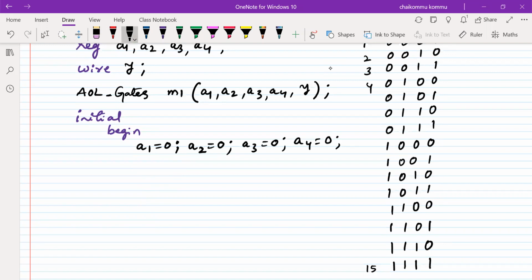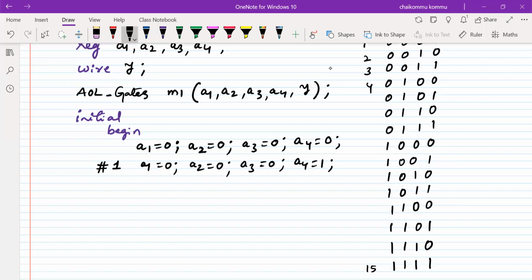Another 1 nanosecond. Time is defined with the hash symbol, 1 nanosecond of time. At another 1 nanosecond, a1 is equal to 0, a2 is equal to 0, a3 is equal to 0, a4 is equal to 1.